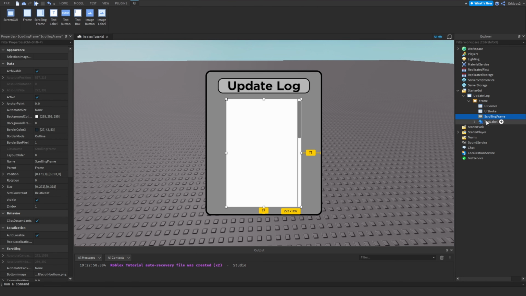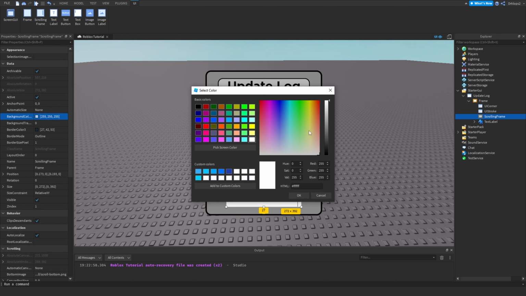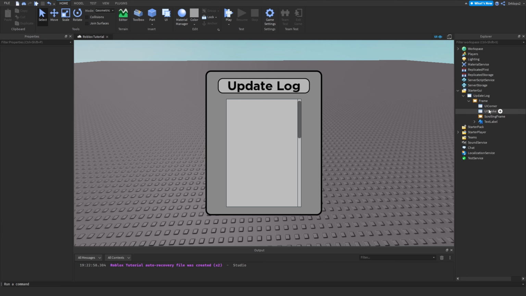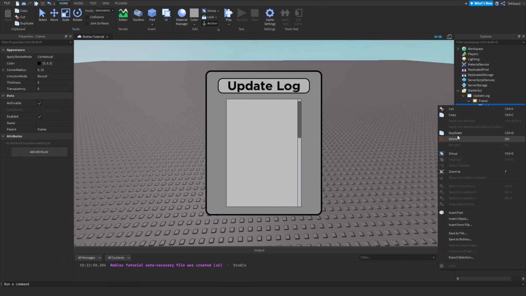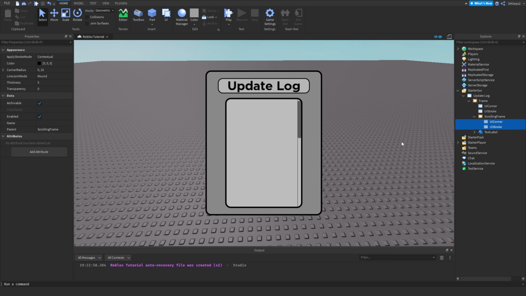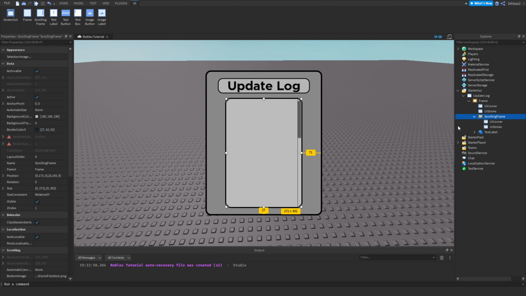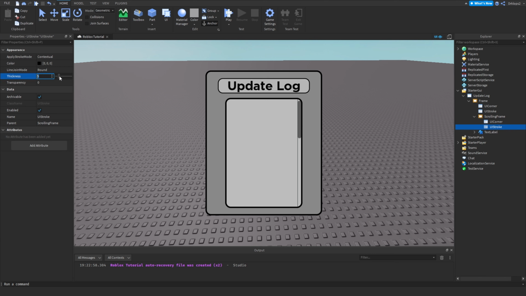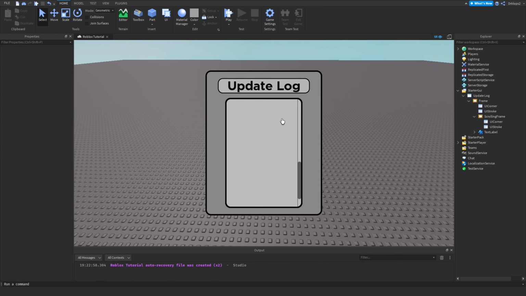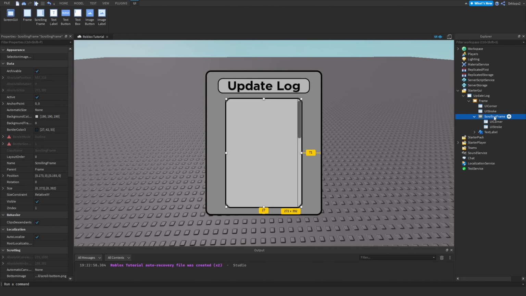Anyways, here we go. I'm going to turn this into a nice gray color because gray is going to be super fast to do. I'm going to go ahead, duplicate this, and put it in like that. There we go. I'm going to make this thing a little less thick. There we go. I think that's fine. Now I have this. Now in order to do this,